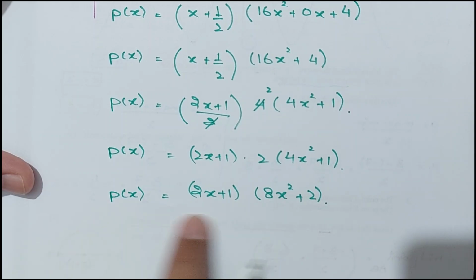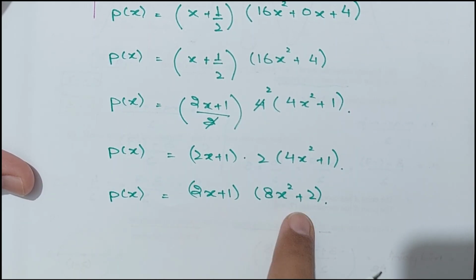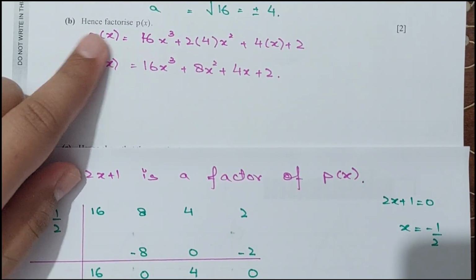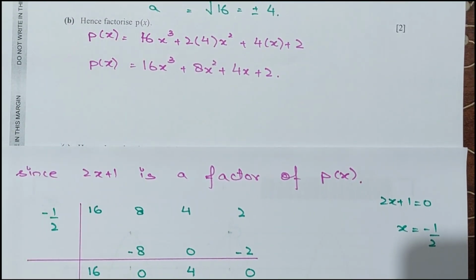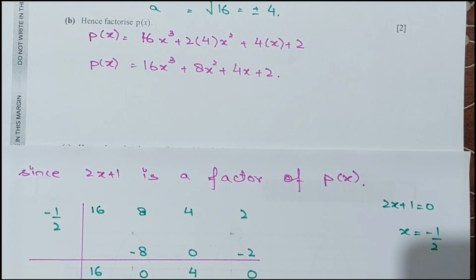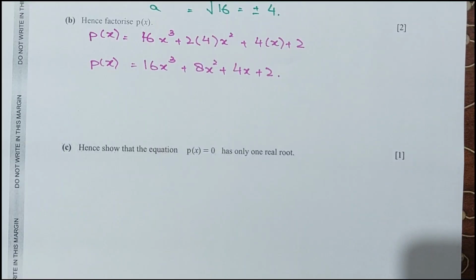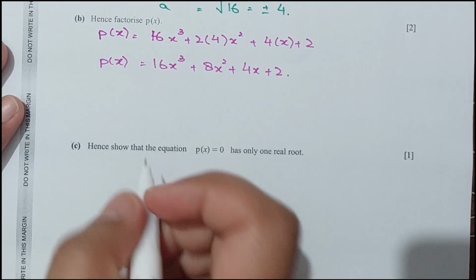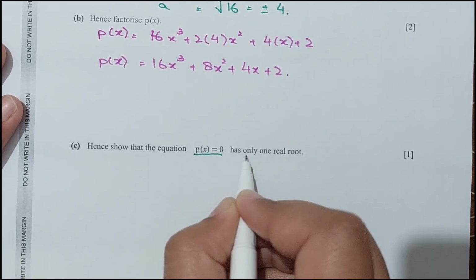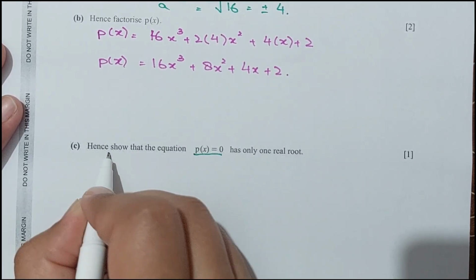So this is the factorized form of the polynomial p of x, the linear and the quadratic factor, because they said hence factorize p of x. They do not say that you have to find the linear factor. So this is just a factorized form. That is okay. Moving to part C, hence solve this equation p of x equals to 0, and show that